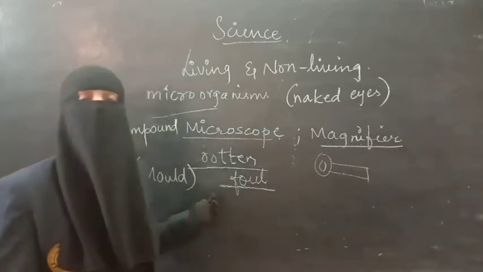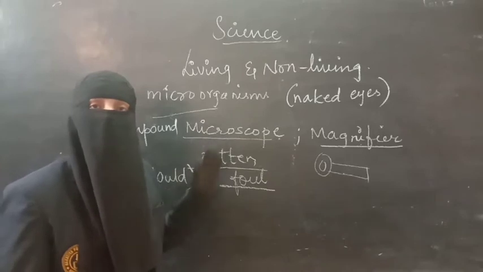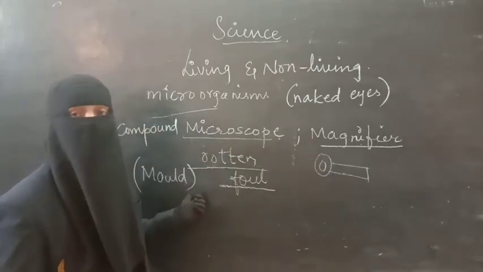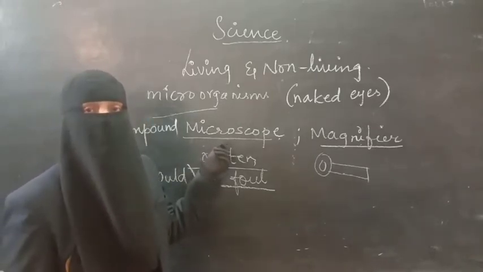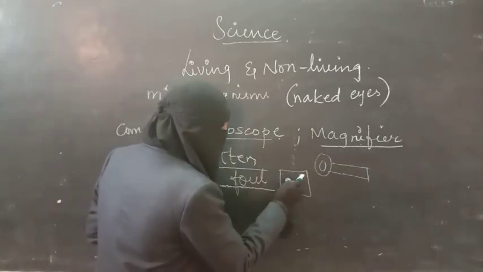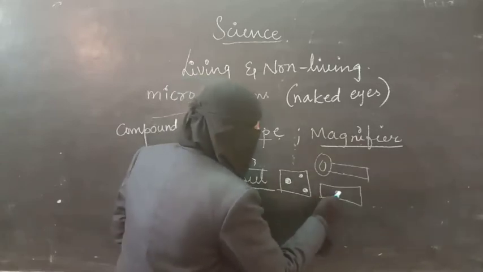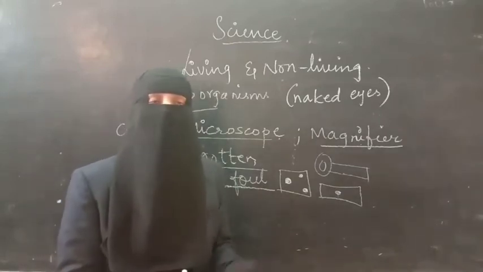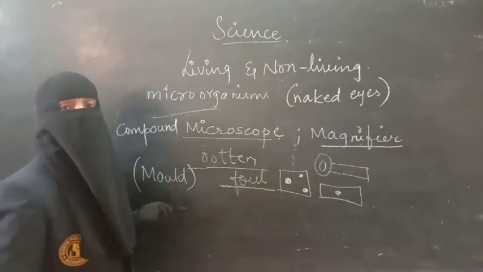That means mold is able to reproduce, and not only that, mold has all of the characteristics of living things. So we can say that mold is a living thing, and we are able to see mold only under a microscope. We have got the rotten bread, right? So here the grey color spots are present. You have to take this and put it on the slide, keep this slide on the platform and observe it with the help of a microscope. Then you will observe this mold is a living organism.